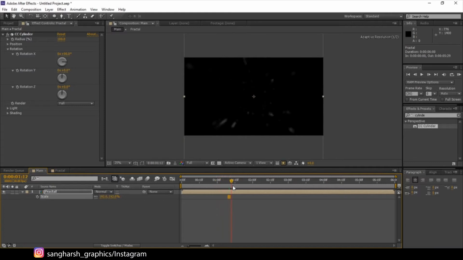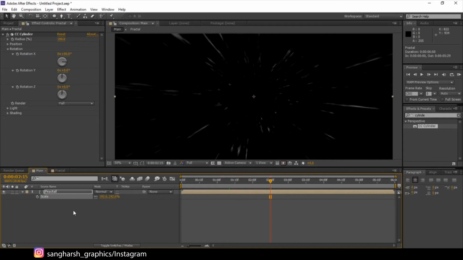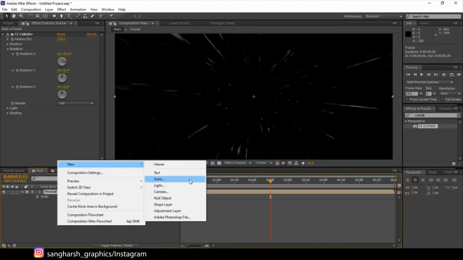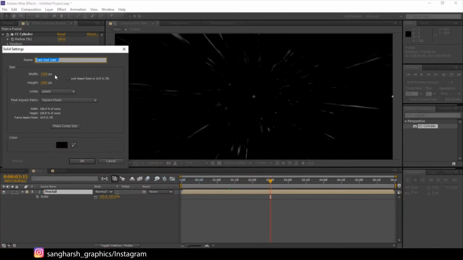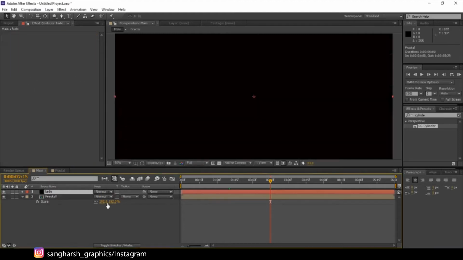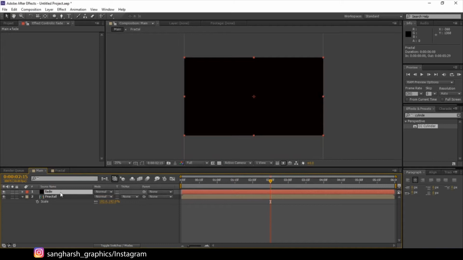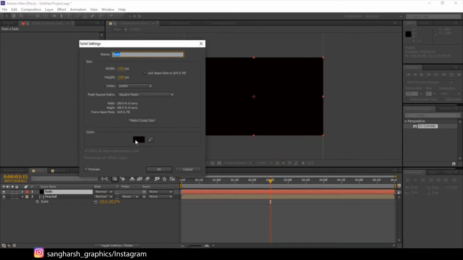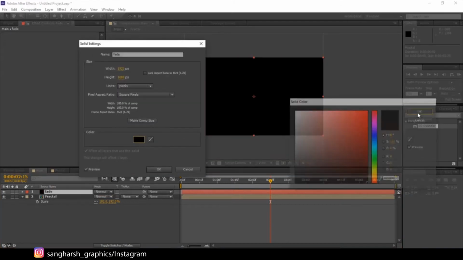As you can see, the lines here at the center have a hard edge. Let's do one thing. Create a new solid. Let's name it fade. Make composition size OK. Let's make it black, full black.